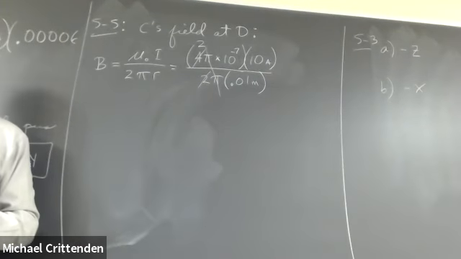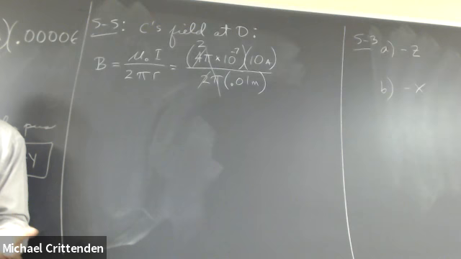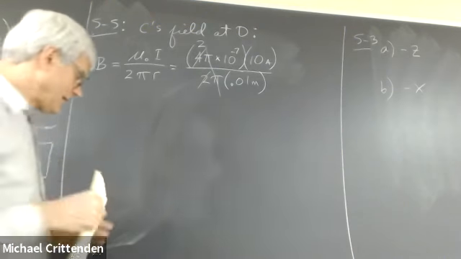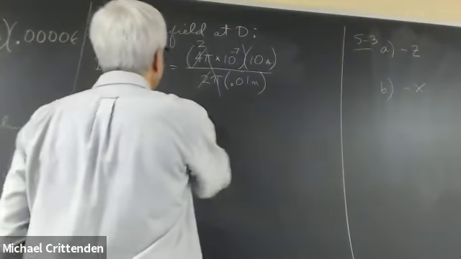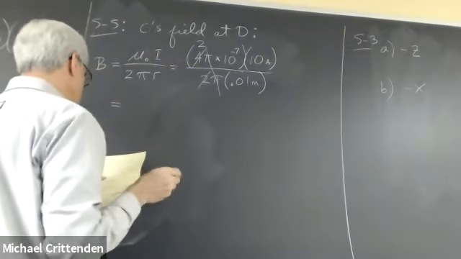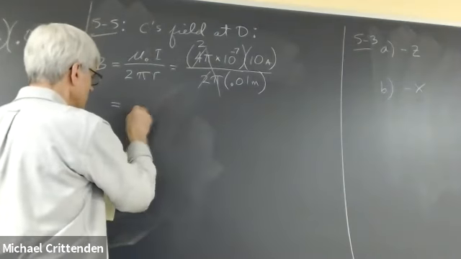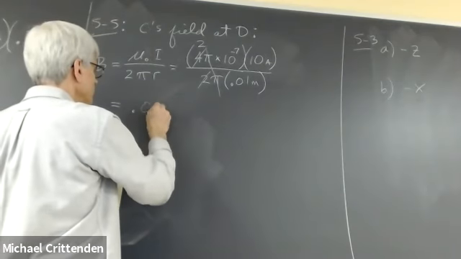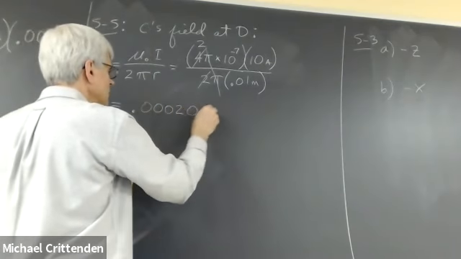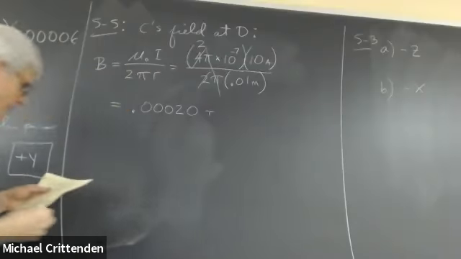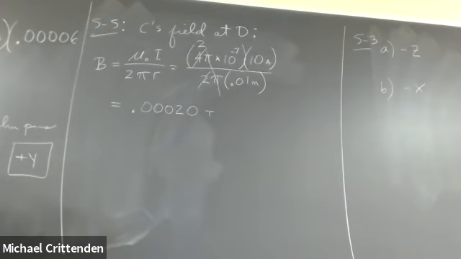And even if you're not doing the calculations by hand, it's nice to do that because the fewer keystrokes you make, the less likely it is you'll get one of them wrong and make a mistake. Anyhow, whether you do that or not, it should come out 0.0002 of a Tesla. For the direction of it,